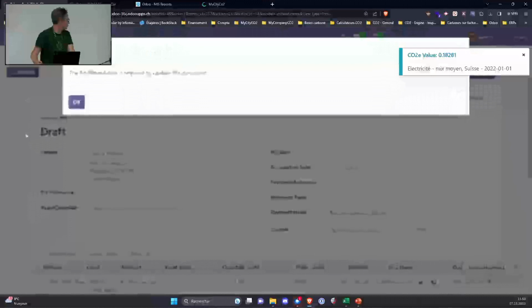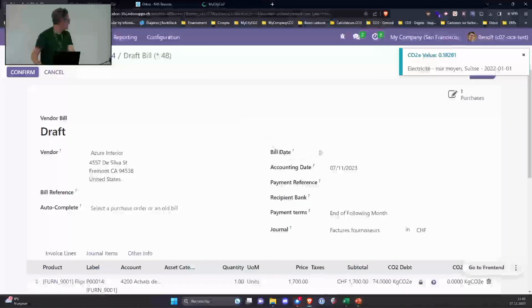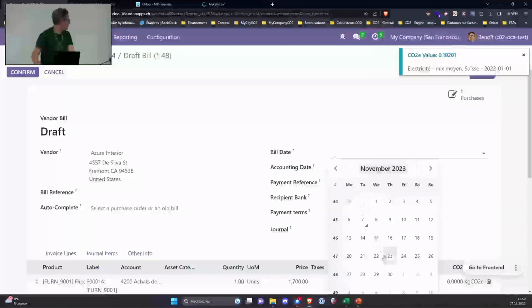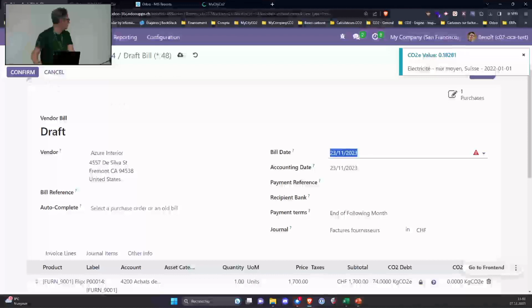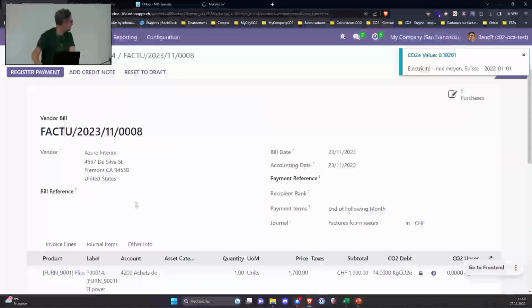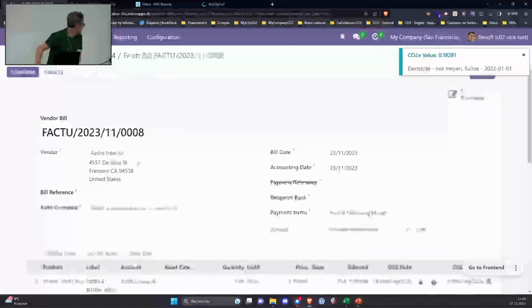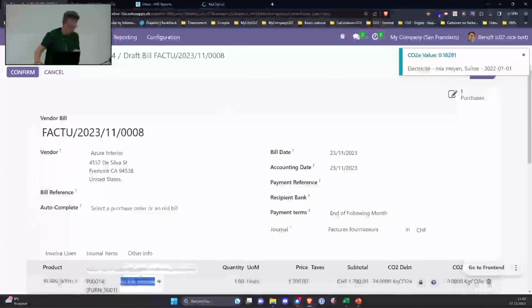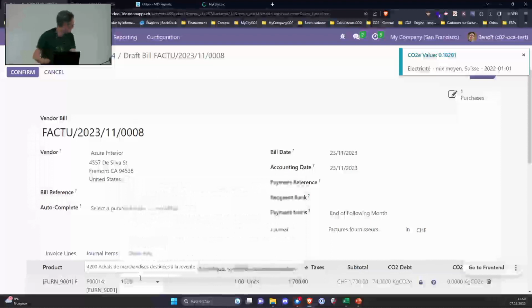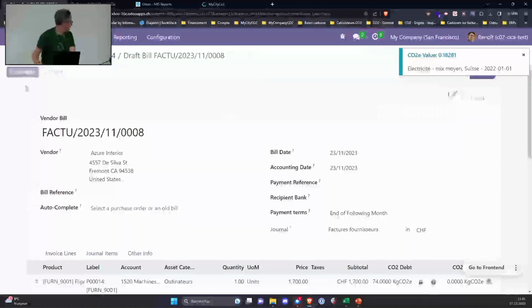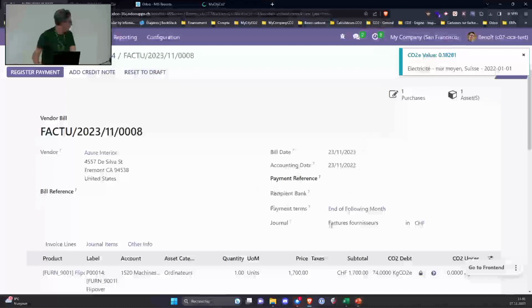You confirm. Let me just change something. You confirm, and you still have your 74 kilos of carbon.